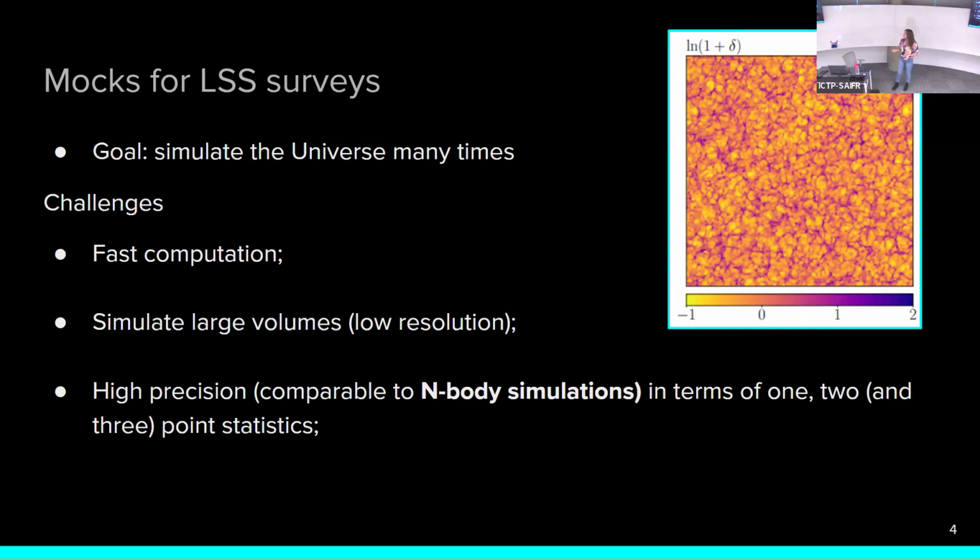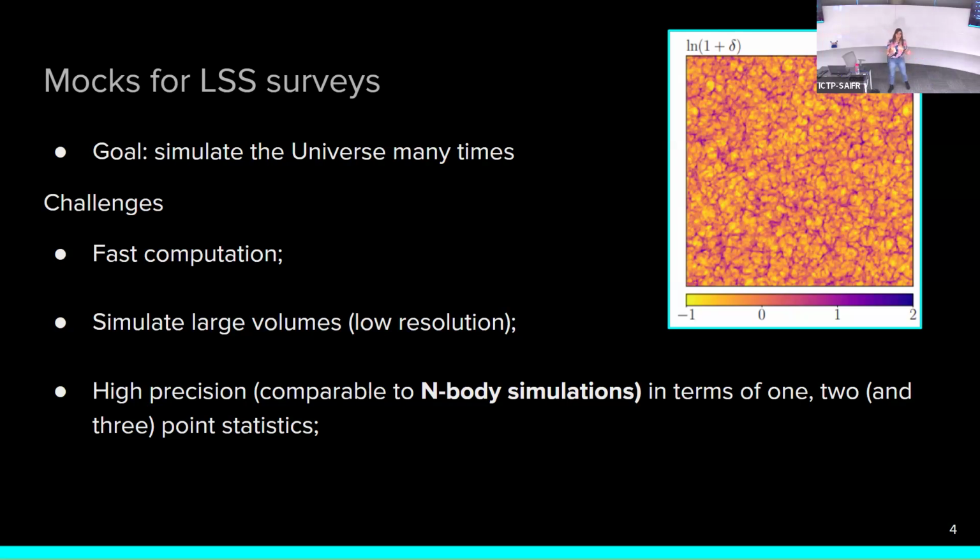So we rely on what we call an approximate dark matter density field. You may use some gravity solver and obtain a dark matter distribution. So what do you mean by gravity solver, numerical solver or just approximate? Approximate, yes, and I'm going to explain which one we are using here.